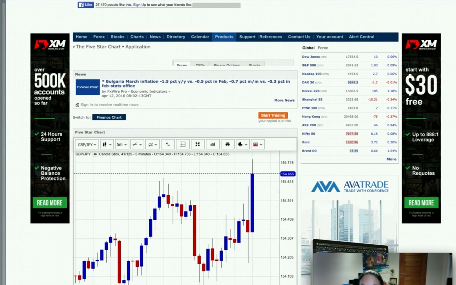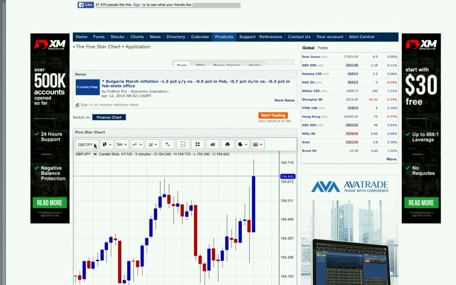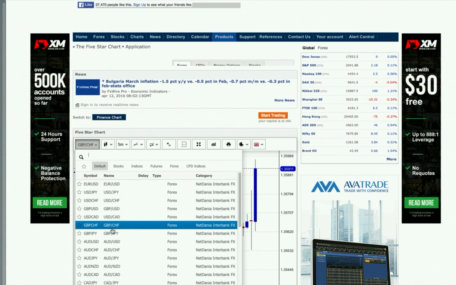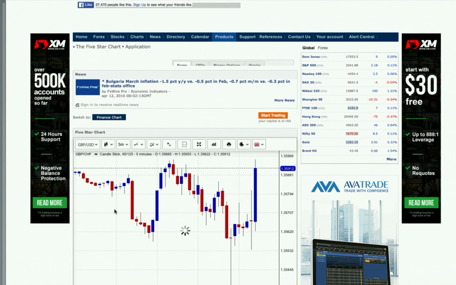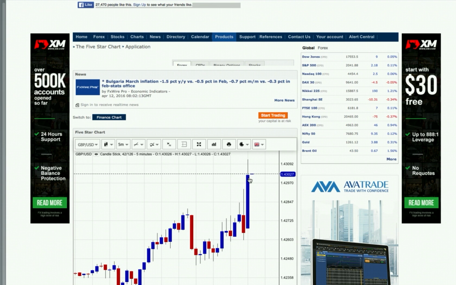So let's have a look again, and we can see the sterling against the Japanese yen is high. The sterling against the Swiss franc, let's see how this is reacting, is also gone up. And the sterling against the US dollar, let's have a look at that. That's also very high. We are starting on the second candlestick, and